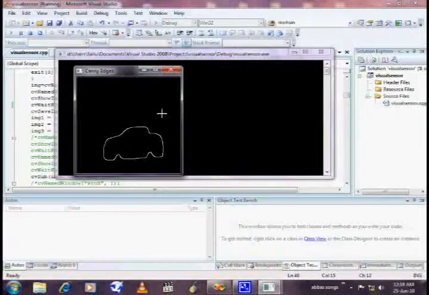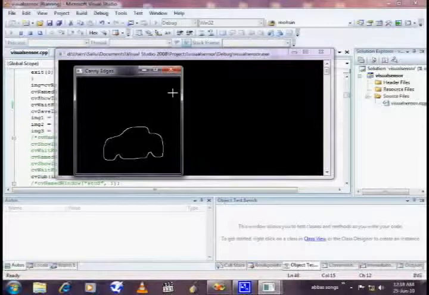So our canny edge detection gives us the image in the form of a silhouette. But this case is not always true, because canny edge detection can give the internal edges of the image.